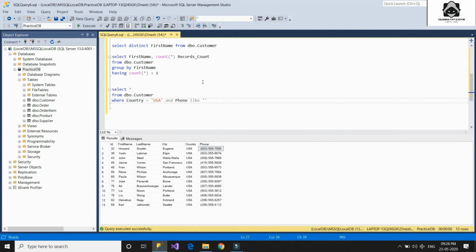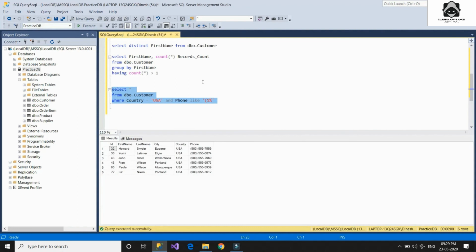We write that it starts with a bracket and 5, and then we write the percentage symbol, which signifies that the rest of the numbers could be anything, but it should start with an opening round bracket and 5. So now you see that we get only the records which have country equal to USA and the phone number starting from 5.